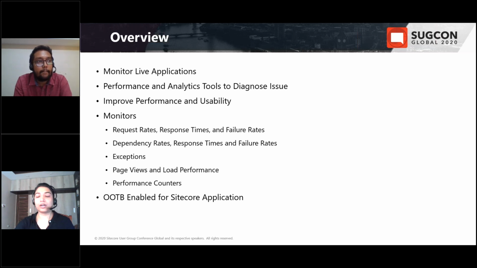In the out-of-the-box configuration for Sitecore on Azure, Application Insights is enabled by default. When you install a Sitecore application on Azure, it also installs Application Insights with the setup. Now let's explore various features provided by Application Insights, for example monitoring, diagnostics, and log analysis.